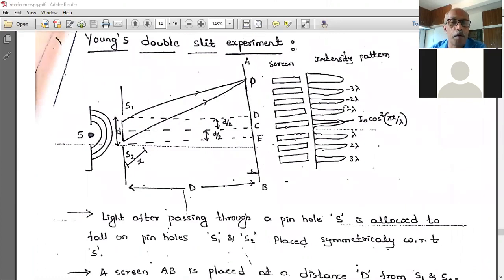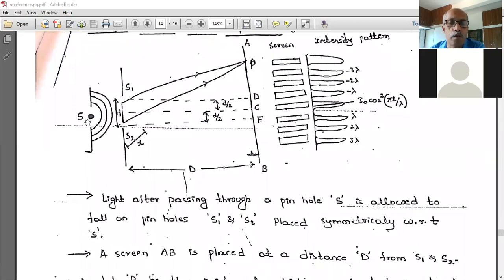Now, Young's double slit experiment. Let us study Young's double slit experiment. So we have a monochromatic source S, placed just in front of a single slit. That single slit is illuminated by the monochromatic light of wavelength lambda. And when light passes through this single slit, light coming out of the other side of the slit will be spherical wavefronts,